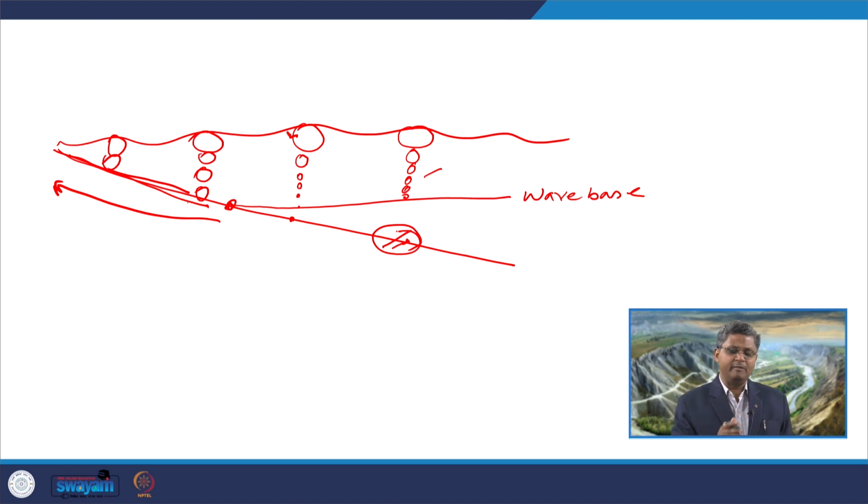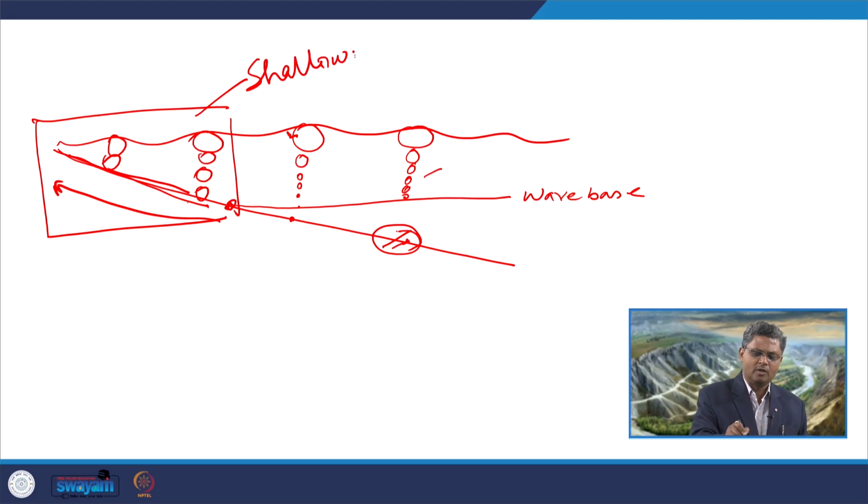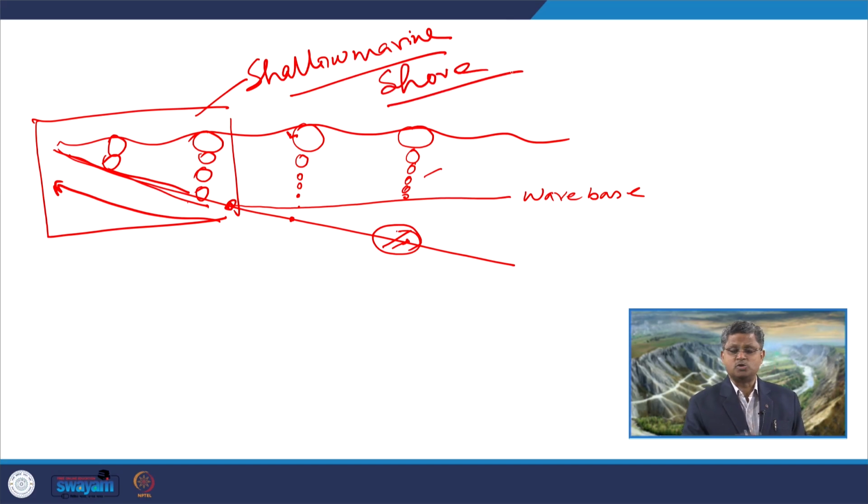So, this wave refinement process will be confined within this zone, which is definitely part of the shallow marine area, and to be more precise, this is more into the shore environment. As we know, the shore face is the zone which lies above the wave base, shore face and foreshore. So, dominantly the wave erosion, dominantly this wave refinement process, will be affecting the shore environment, particularly the shore face and the foreshore areas.